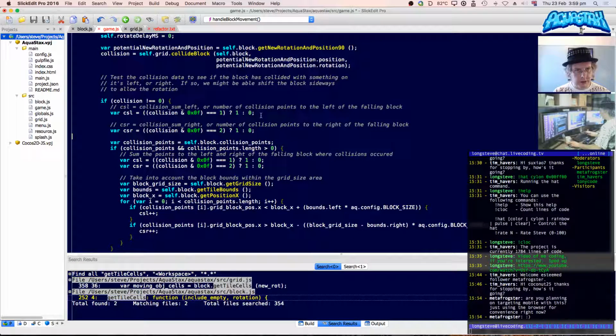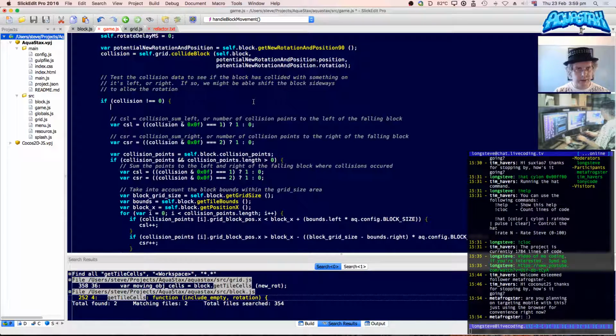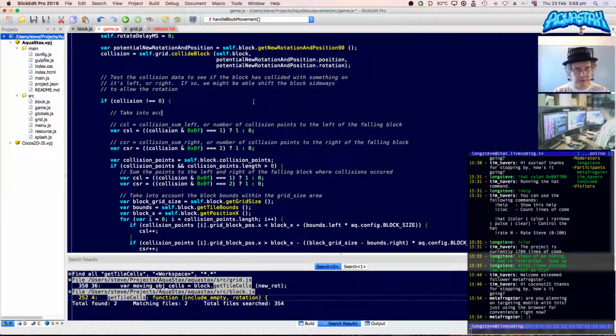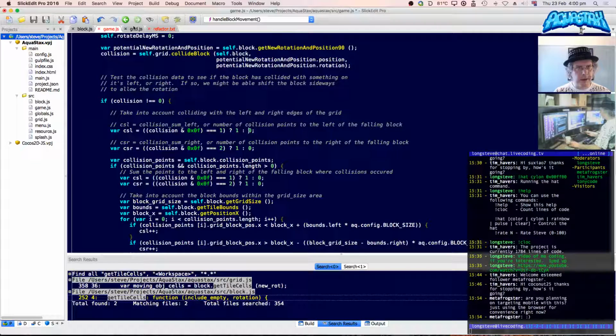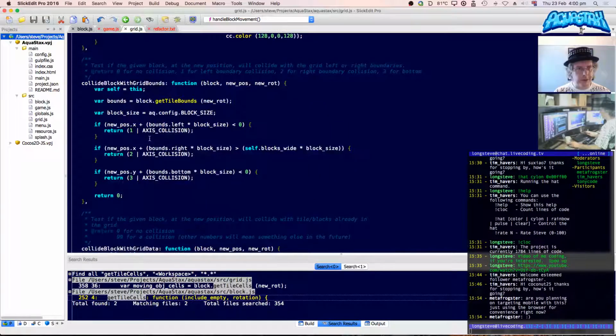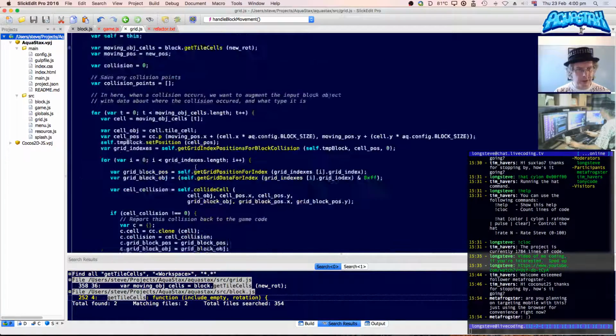So, grid. I'm sure I use these things in different places. I wonder, I might just go in and do this. So 1, 2, and 3, and 0. Let's